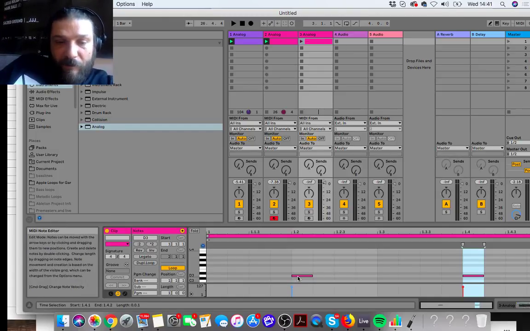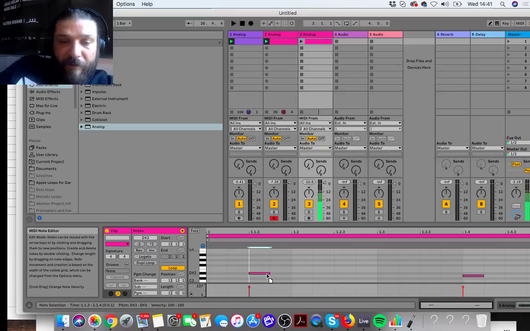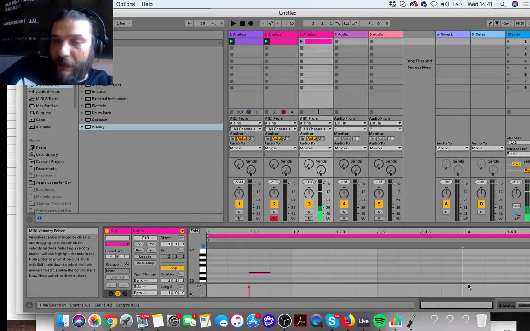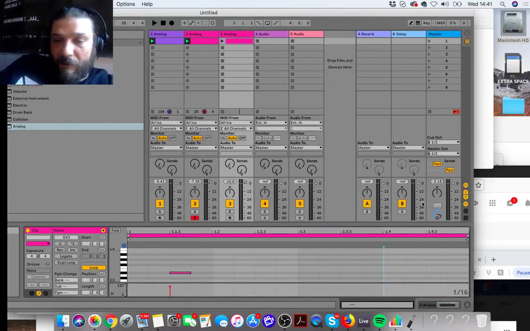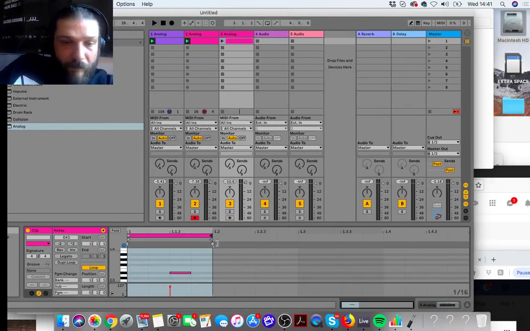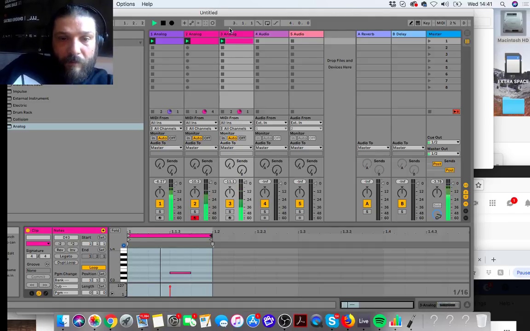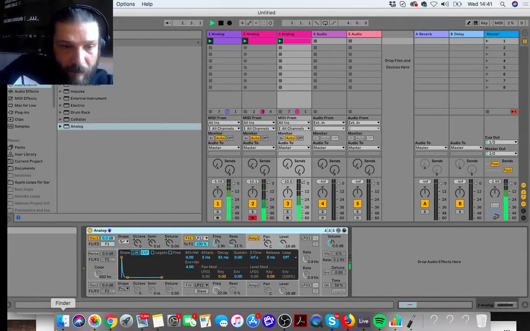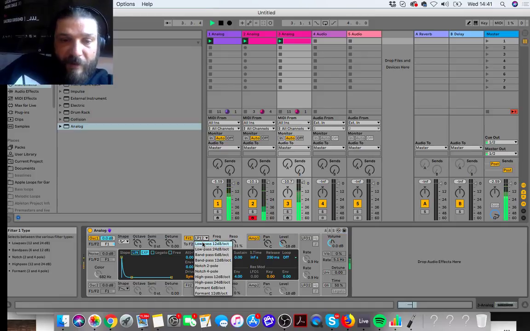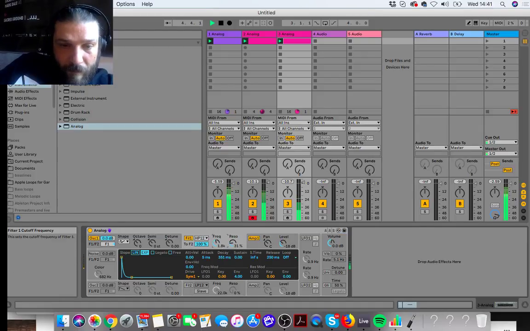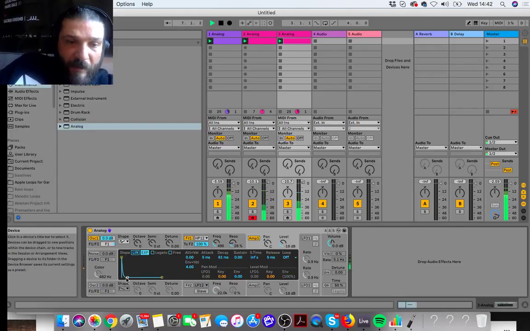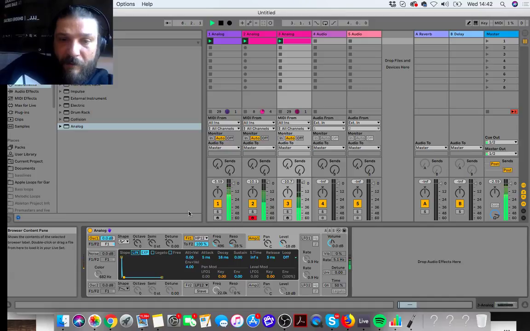Right, so now I'm going to do a similar thing with the hi-hats, but I'm just going to use the snare setting, exactly the same as a snare here, but I'm going to use a high-pass filter here. And I could have a nice closed hi-hat there,